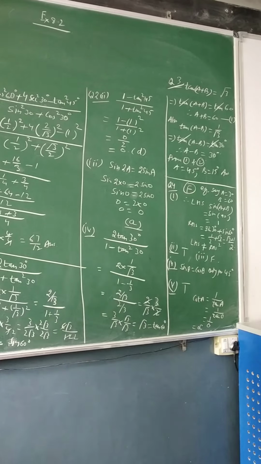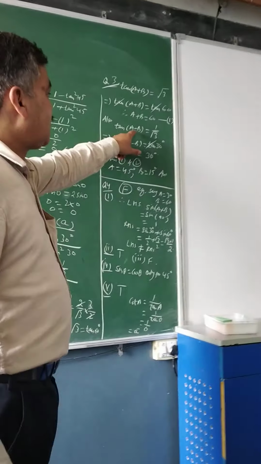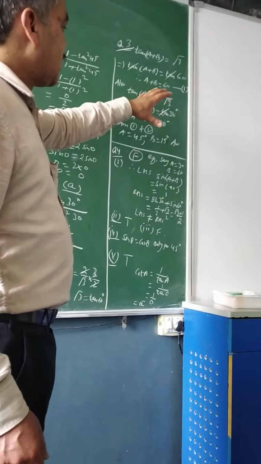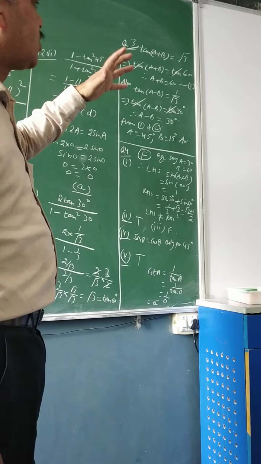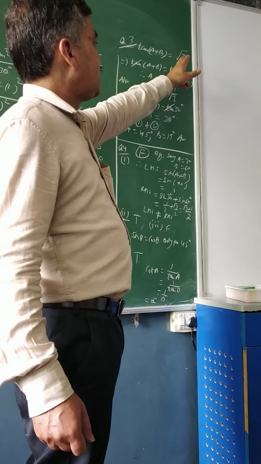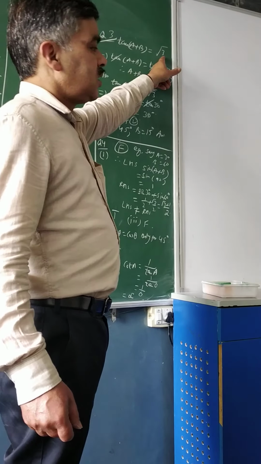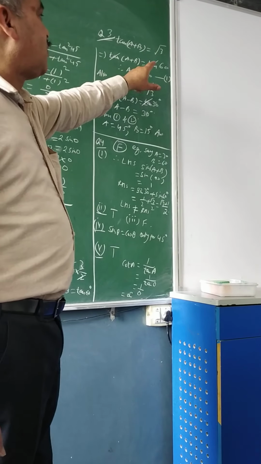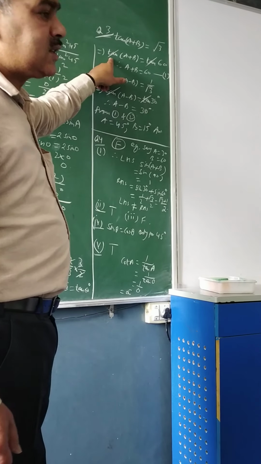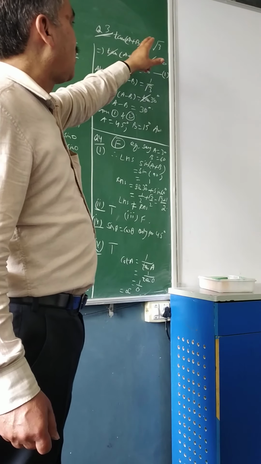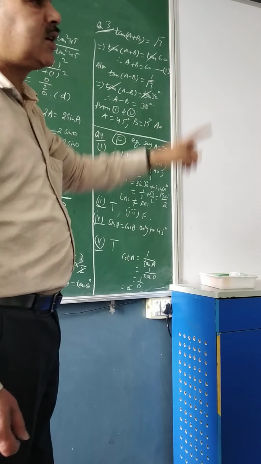Now, it is given in the form of tangent A plus B, then in the form of tangent A minus B, and I need to calculate the value of A and B, meaning I have to eliminate this t ratio somewhere. The right hand side will help me in doing that, because I know that root 3 is the value of tangent 60. So if the left hand side is tangent, I have to look for this value in terms of tangent only, so that I can eliminate the t ratio.